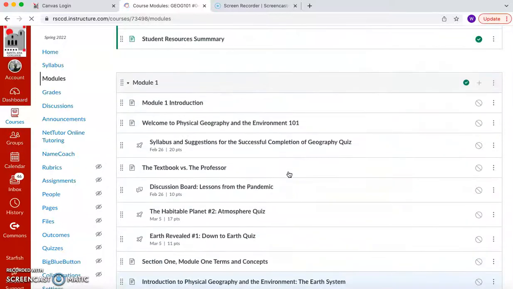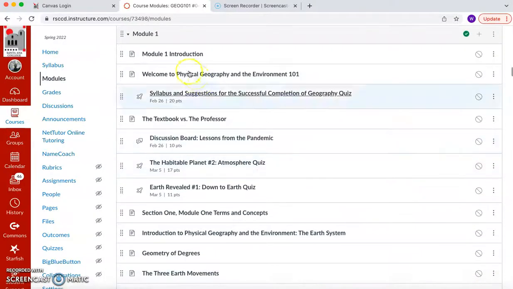So first, quickly take a look at Module 1. All right, and you can see that this is an indented space, this is indented, this is indented, this is indented. All of those indented spaces are graded assignments. If it's not indented at all, in most cases it is tied directly to the lecture or what's going to happen in the module. So you can see that there are 4 of them,